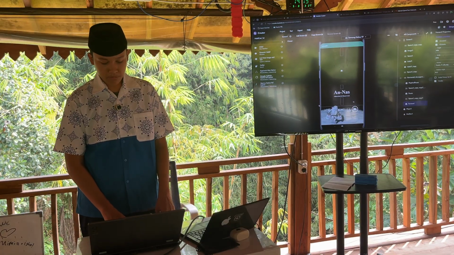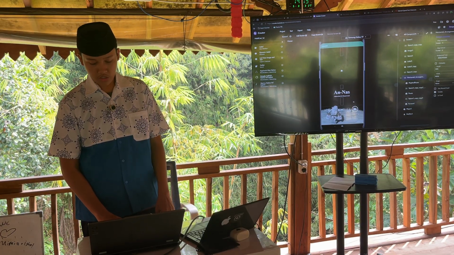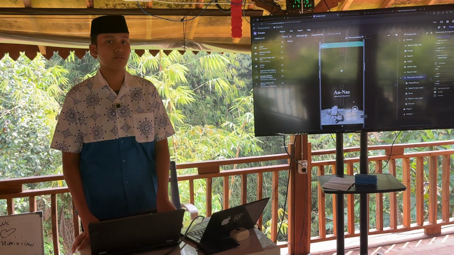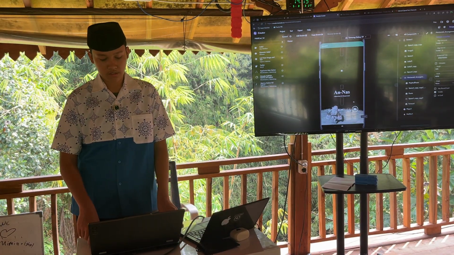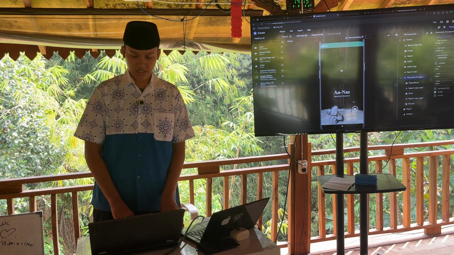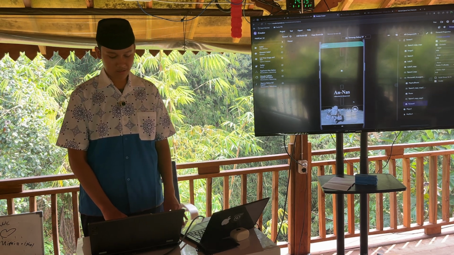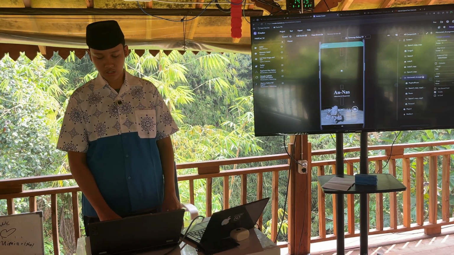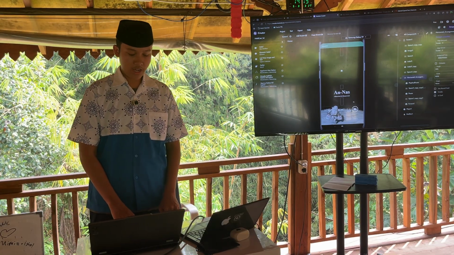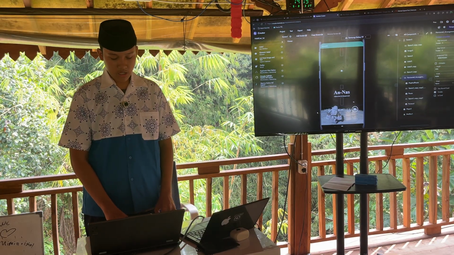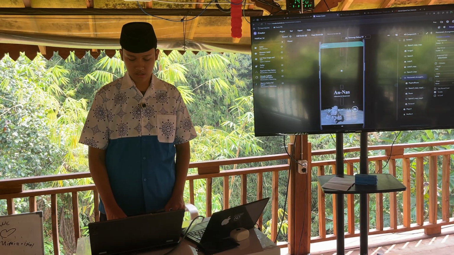And after that, I put some horizontal arrangement. It's for making it easier for me to do some layouting, putting my buttons in here. So I just put the horizontal arrangement, and after that I put my buttons.